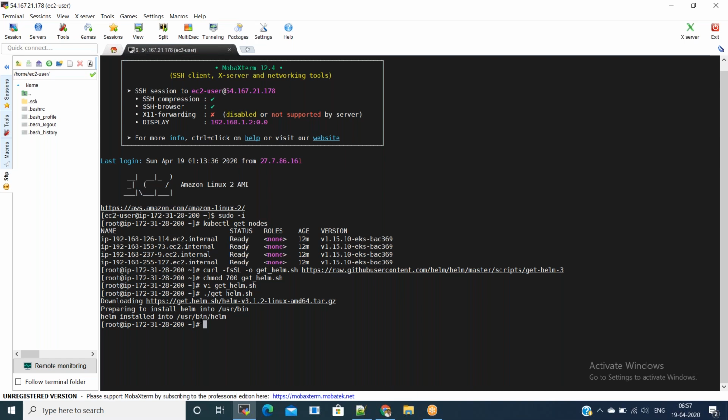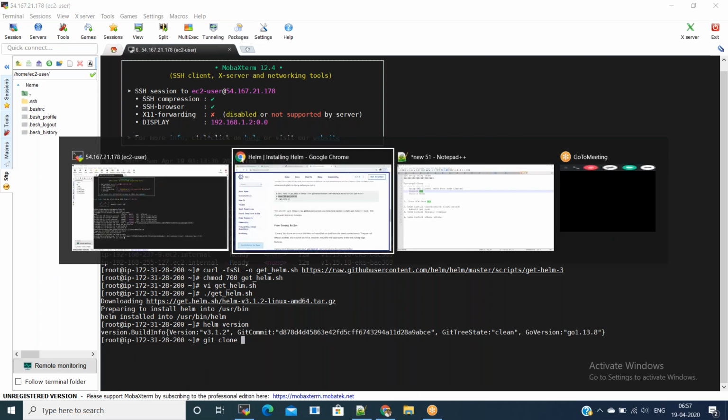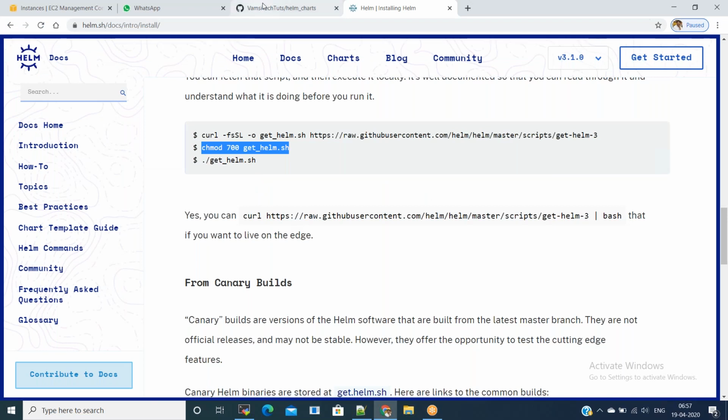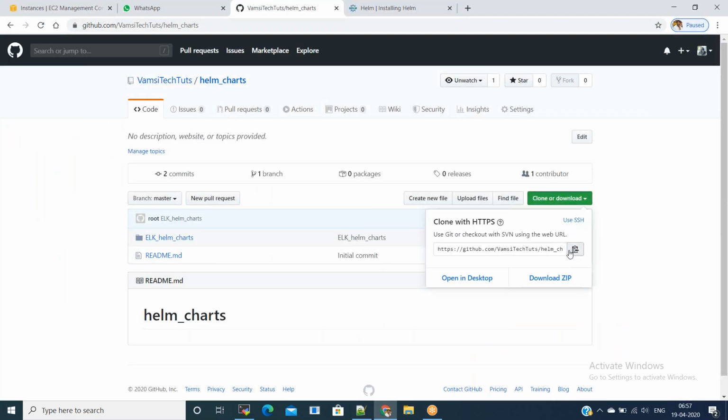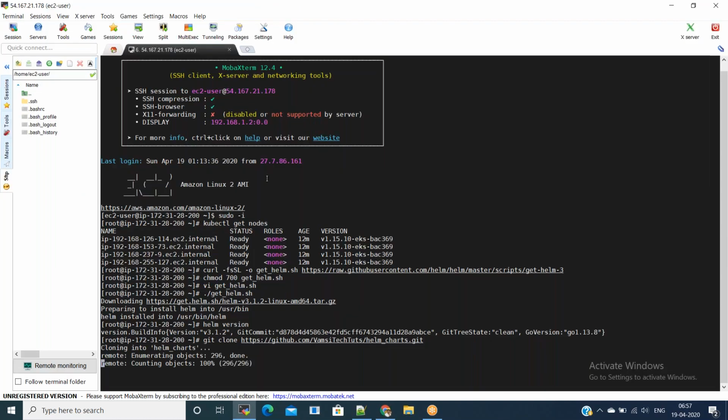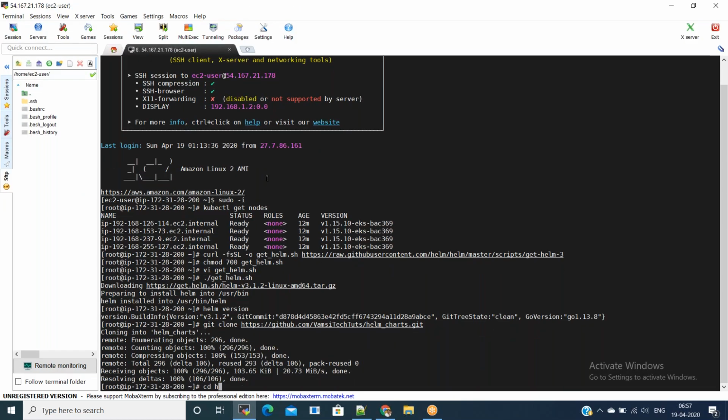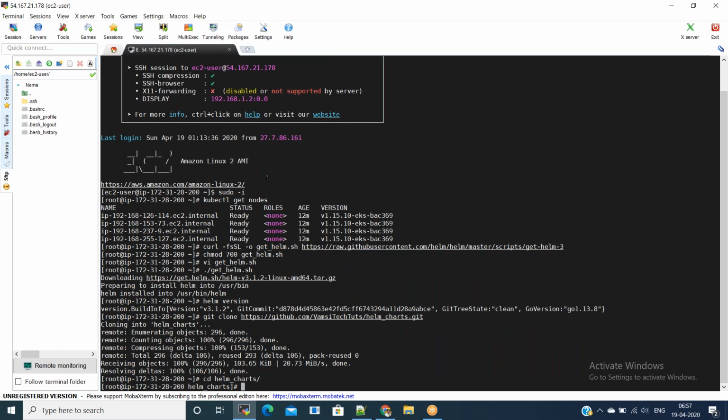Now Helm is installed to user bin. Now we have the Helm installation ready. You can give helm version. Now Helm is installed, and we can get started pulling the charts from GitHub. Go to my GitHub, click on clone or download. Now you have the Helm charts in your system, and go to the Helm charts